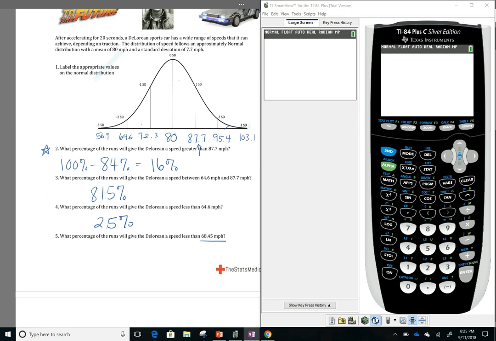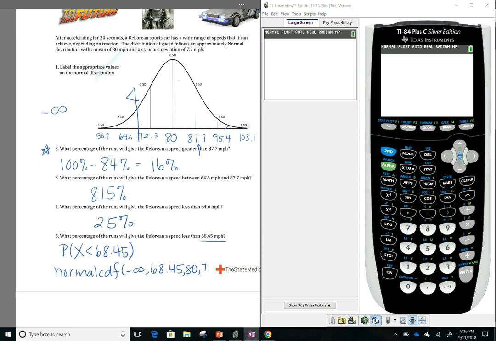And I'm going to ask myself, what is the percentage that would be less than 68.45? From 68, that's right at about here. And I stop. The high value I'm going to go to is 68.45, but my low value would be from negative infinity. So I could do a normal CDF, my lower bound of negative infinity, my upper bound is 68.45, my mean I know is 80, and my standard